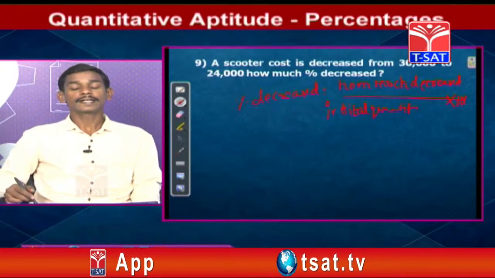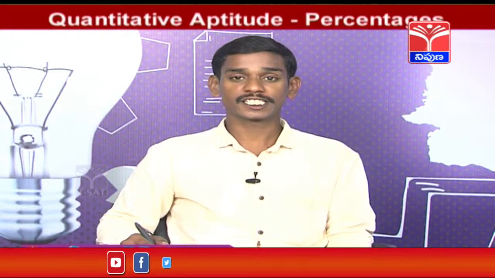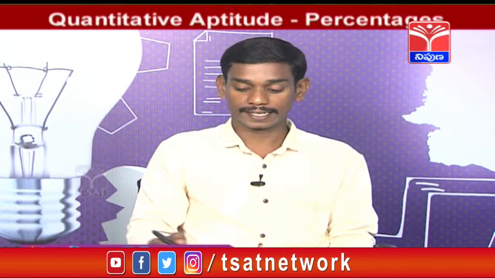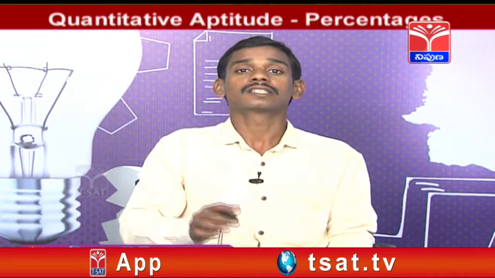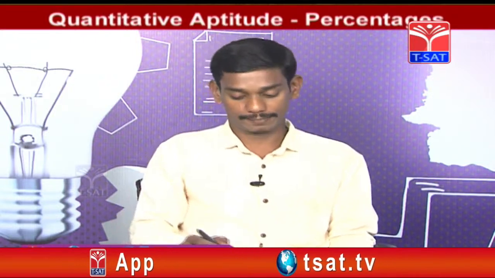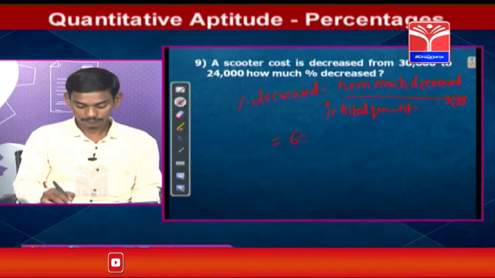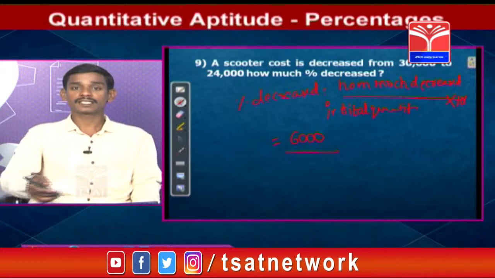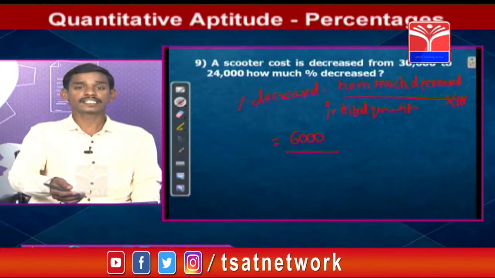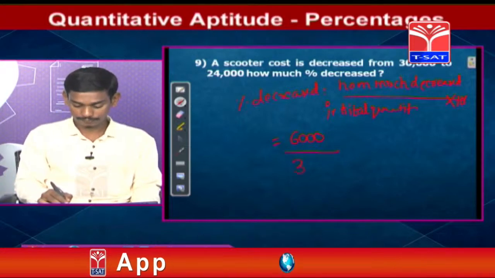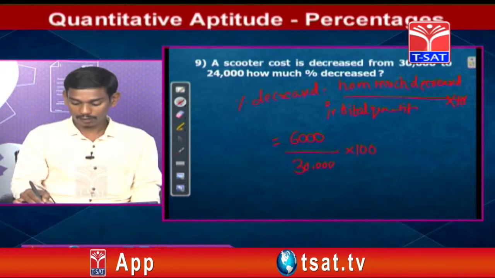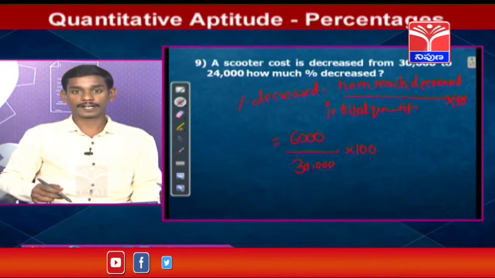into 100. So here, what is the cost price of a scooter initially? 30,000. And how much is decreased? 30,000 minus 24,000, what is the difference of value? 6,000. That is 6,000 is the decreased money. By initial quantity means initial value, how much, what is the cost price of the initial value of the scooter? 30,000